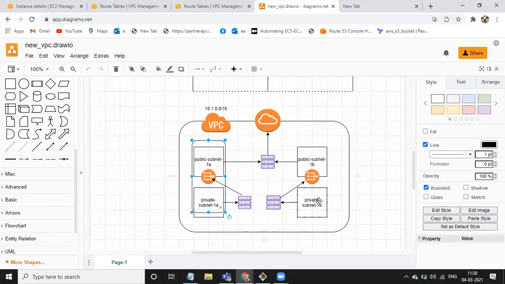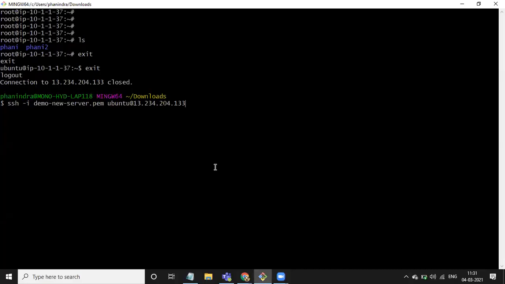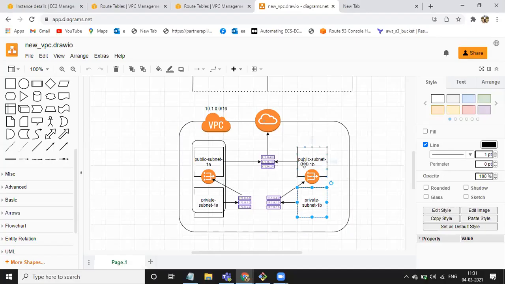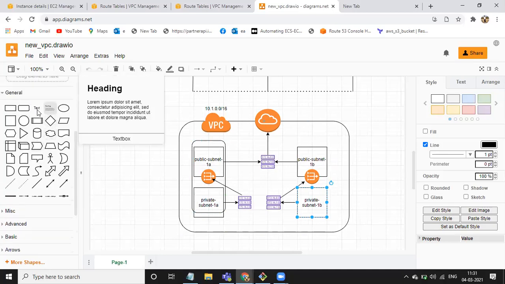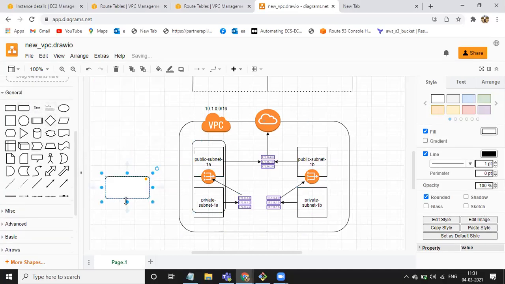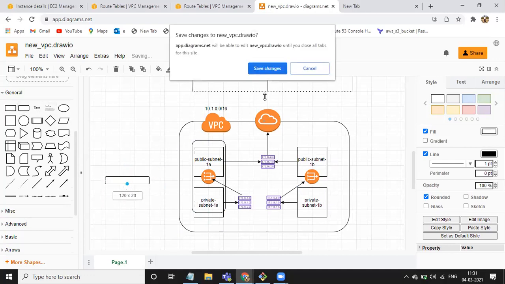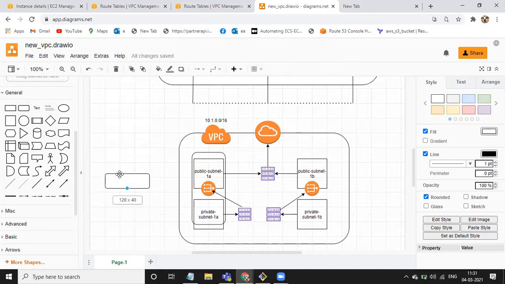Then how do we log into an EC2 instance which is in a private subnet? I cannot log in from outside. So for this, we are going to create one EC2 instance in the public subnet, called a jump server or bastion host, in any one of the public subnets.